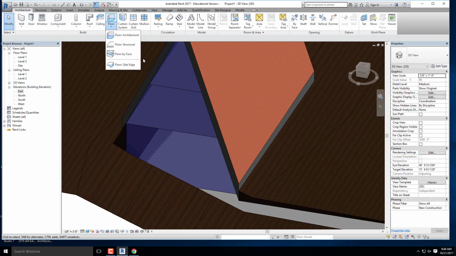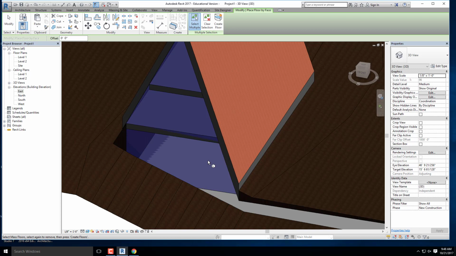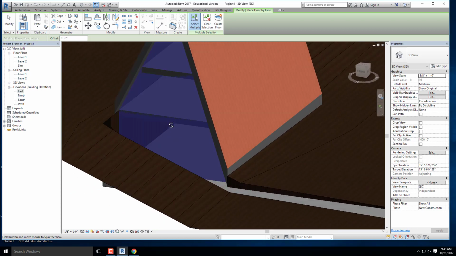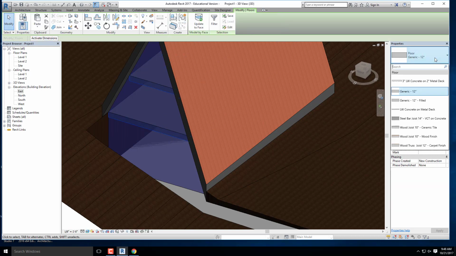I'm going to go ahead and go to floor by face, and I'm going to select both of the upper faces, and I'm going to go ahead and click on create floor. All right, that looks pretty good. It's a nice thick flooring assembly. Let's make sure this is the one that we want. I'm going to change that from generic 12-inch to,